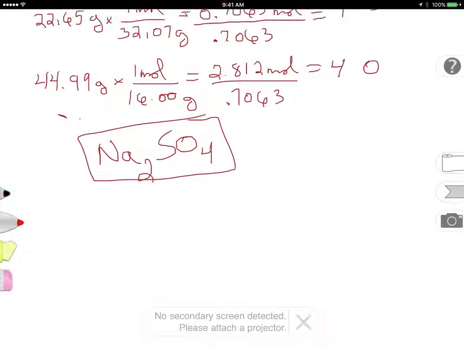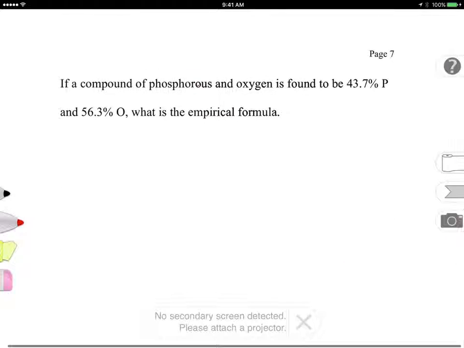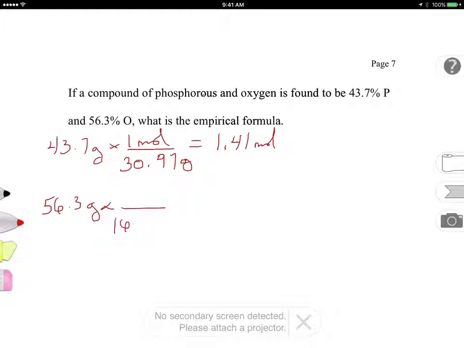Let's do another one. One where we have to multiply our ratio that we get in the end. Okay, start off same thing, 43.7 grams. And I'm dealing with phosphorus from the periodic table, 30.97 grams to 1 mole. I go ahead and get that, 1.41 moles. And then 56.3 grams for the oxygen, 16.00 grams to the 1 mole. And we're going to get